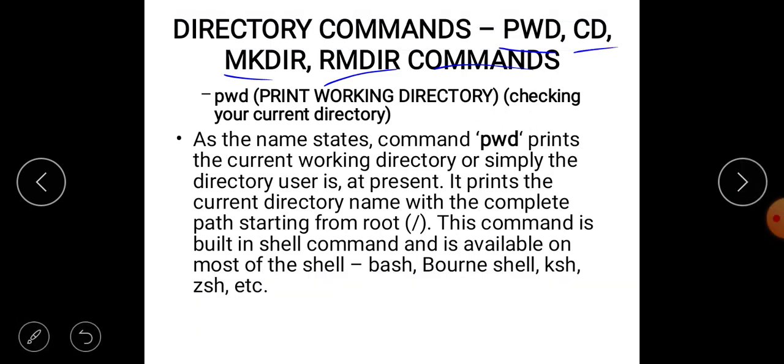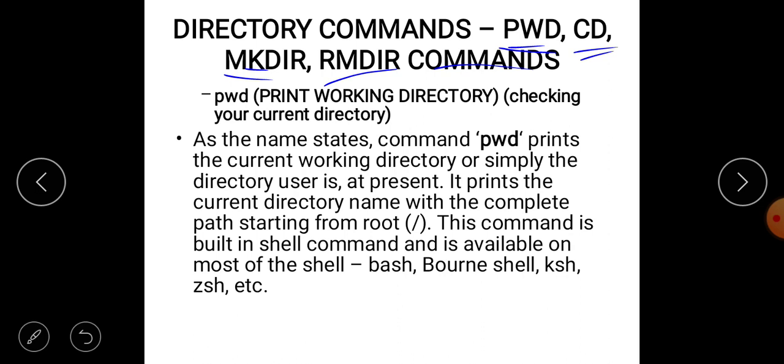pwd means print working directory. To know our current directory, we are using pwd. We know that cd is nothing but change directory. We are changing our directory from the current working directory to another directory. mkdir means make directory.